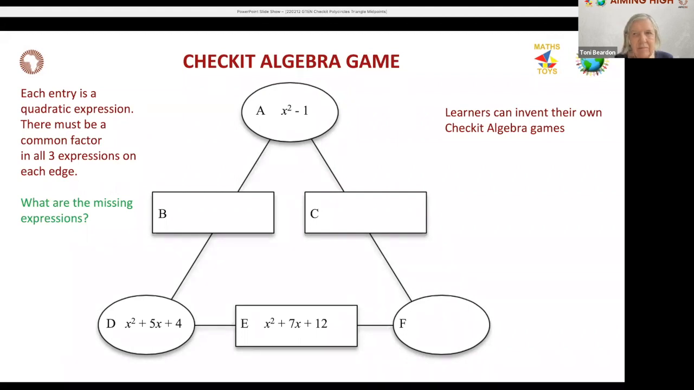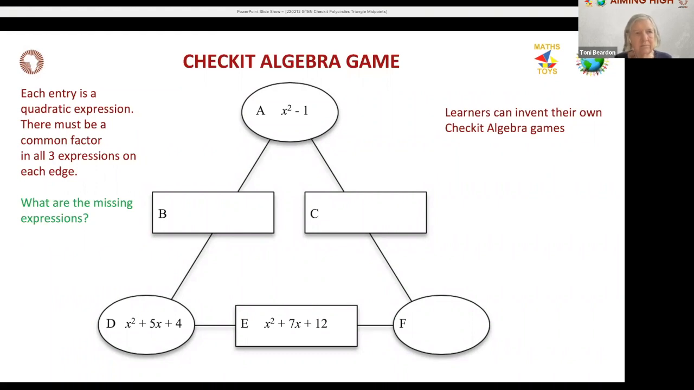Yes, and so we're still doing Checkit, but now we're doing this with algebra, and we're doing this with quadratic expressions. This is something that learners would meet somewhere around grade 10. This is the point where one would be doing quadratic expressions. So this is a good thing to do with learners, where you can play a game where, when they're doing factorization of quadratic expressions, they can find common